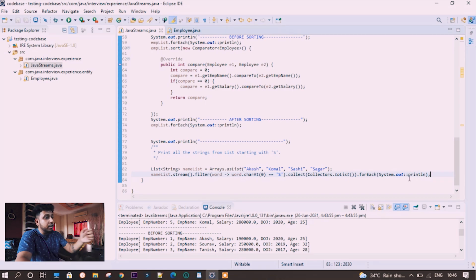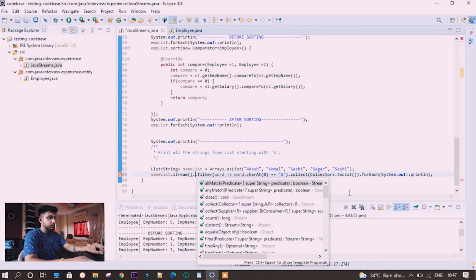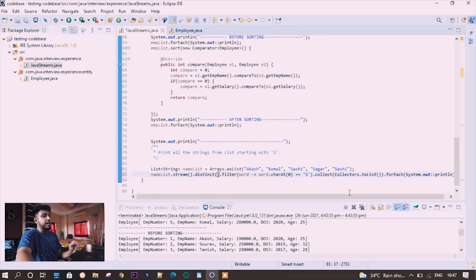So I can get only Shashi and Sagar, that's it. If you want to make this distinct, you can do that. You can add distinct here. Okay, now let's run.